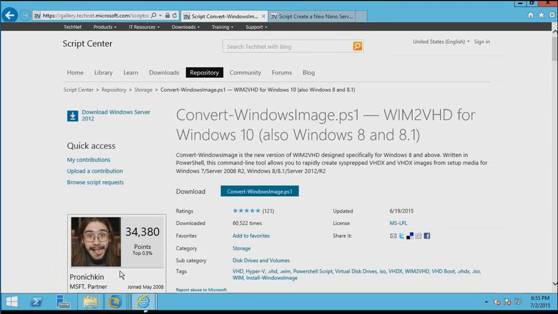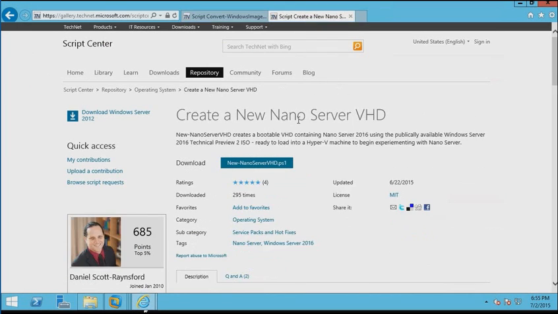On the Microsoft TechNet gallery, we've got a couple of scripts that we can use to convert that WIM file for Nano Server to a VHD. Then we could easily create a virtual machine to get our Nano Server up and running. The first script is called convert-windowsimage.ps1. The second one is called new-nanoserverVHD.ps1. So you can download these, put them into the same folder, and you can execute the new Nano Server VHD